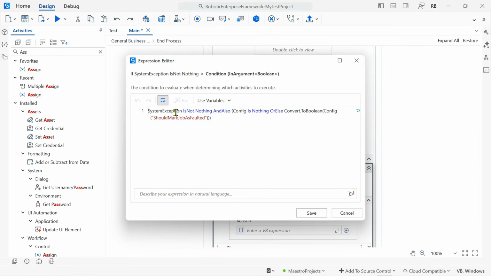What they have written, system exception is not nothing, means there is something. Not nothing means there is something. So there is a system exception, means coming from the initialization block. Config is nothing, or it is coming from the get max consecutive system exception is reached from the process transaction and hitting the end because of the max consecutive system exception. If it is hitting that, then what would happen? Get transaction data, and then